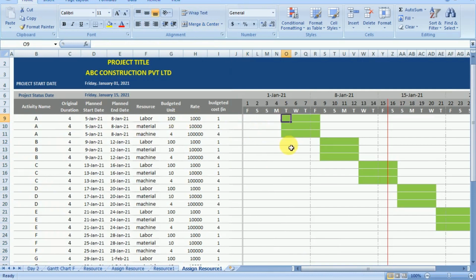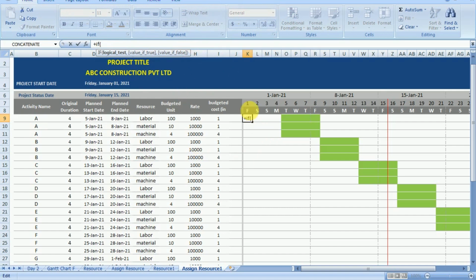Now if we see the first activity, its budgeted unit is 100 and its duration is 4 days. That means for each cell we have to type 25. But we cannot do this manually for very large programs such as the example which we are creating, and hence we need to automate it such that when we enter the budgeted unit for an activity, it automatically gets distributed based on its planned date. We will use a simple IF command.